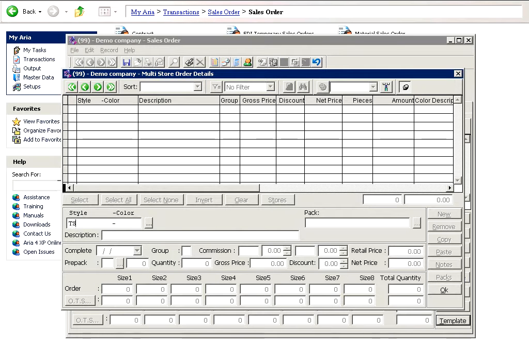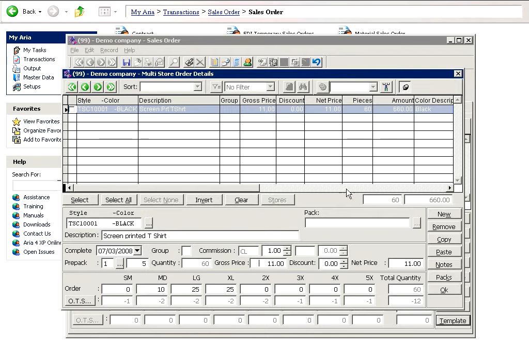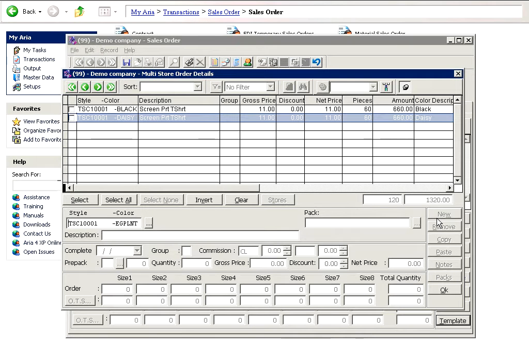So I'm going to be doing this new. I'm going to take TC10001, color black. It's a screen printed t-shirt, and I'm going to say that my template is based on pack number 1 and I'm selling 5 packs. Then I'm going to do new. This is the daisy color, same thing, pack 1, and we're doing 5 packs. And new, the eggplant,